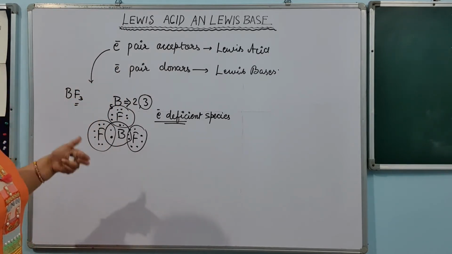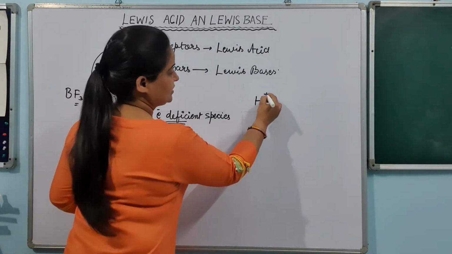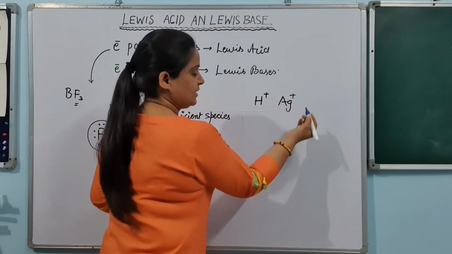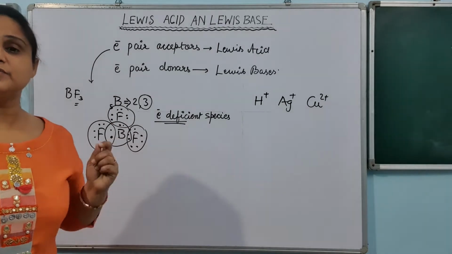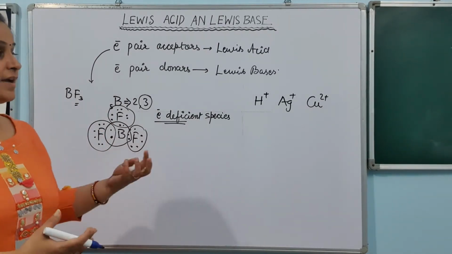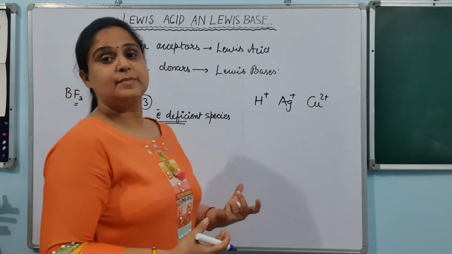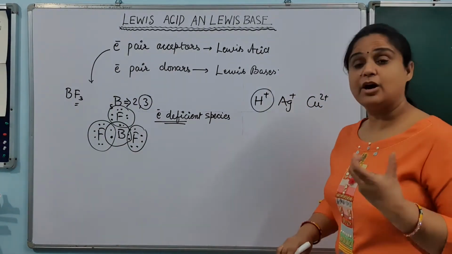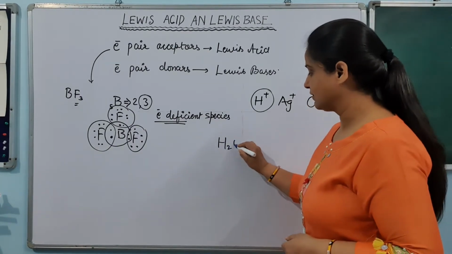On the other hand, if any species is a positive ion like H plus, Ag plus, Cu plus 2, because of the positive charge they also require electrons. That is why they have some attraction towards electrons and they show the tendency to accept an electron pair. Let me show you the example of the H plus ion, how H plus accepts a lone pair. Let me give you one example. When we dissolve